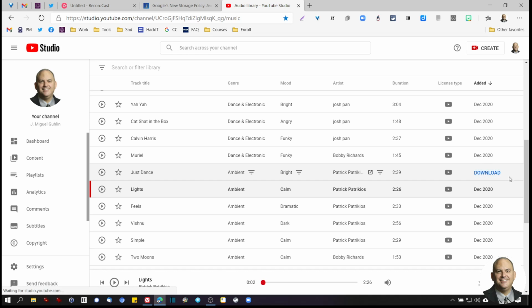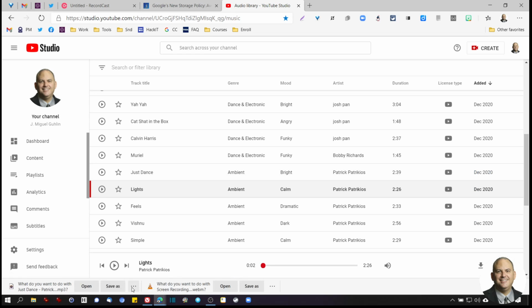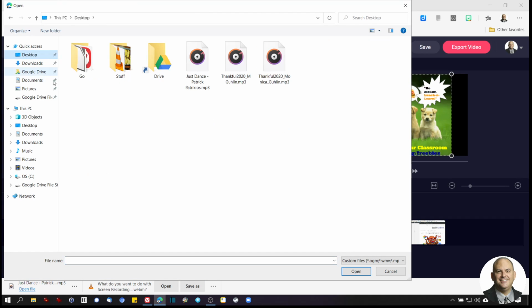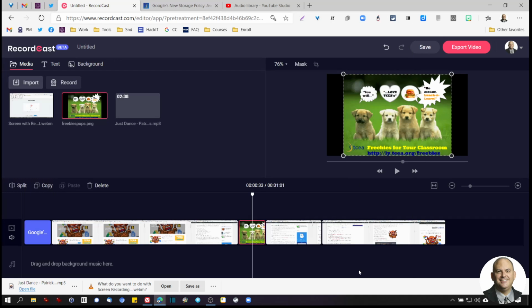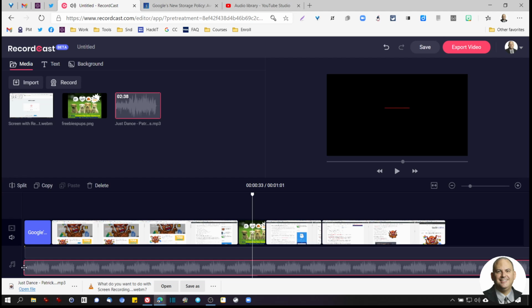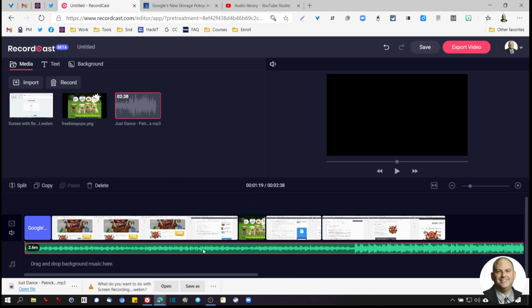You see I can download it, and it's going to let me save it. I'm going to go ahead and just save it, and it's Just Dance. And again, I'm just going to try to import that media, and let me grab the Just Dance track. And at this point I can come down here and just drag it and add that whole track to my video. So now when I come in here to play it,